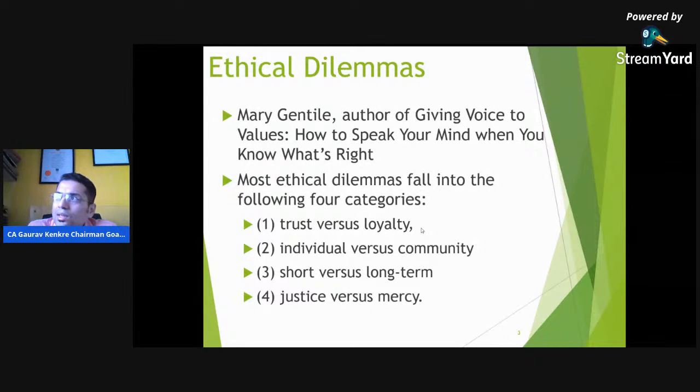So now if all the CAs in a particular state or in a city or in a region are more or less following that recommendatory scale, and just one CA decides that okay, I will cut below all of them, I'll quote something very low, and I will get an assignment. That is where this individual versus community dilemma comes: you may end up getting an individual benefit, but your community at large will suffer, because today it is you, tomorrow some other person will do it, and then eventually the market price for that service will come down for the entire community as such.